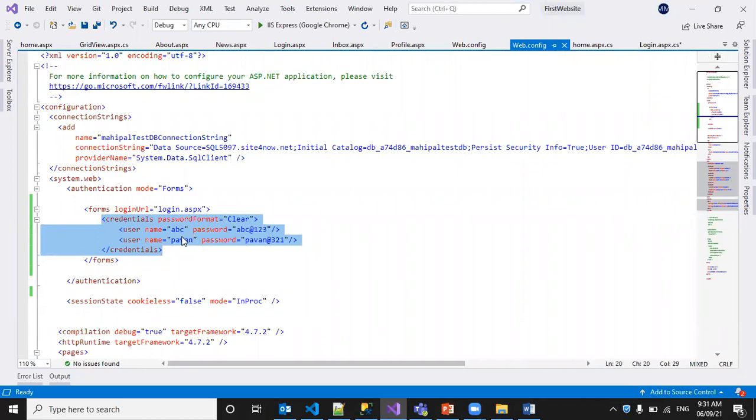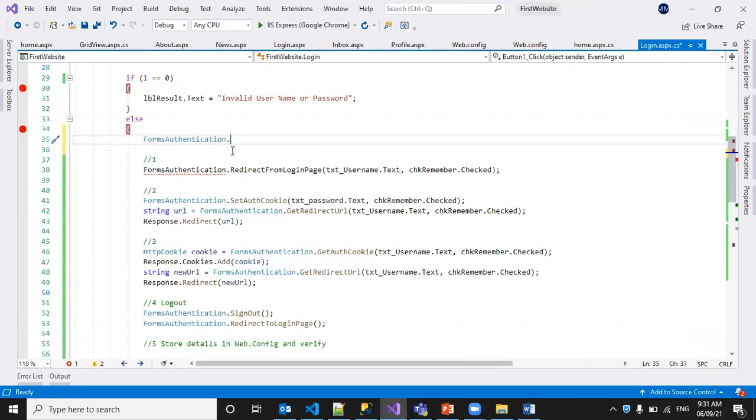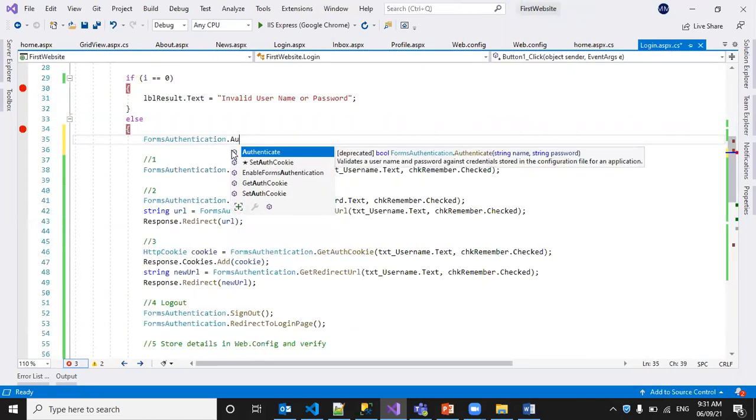If I have only a few users in my application and I want to validate them, then I can go for the Authenticate method, which authenticates the username and password against credentials stored in the configuration file. It is already a deprecated method, and Microsoft will remove it in the future.